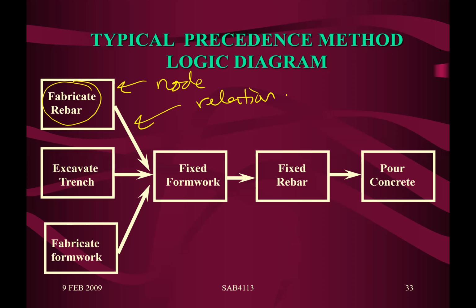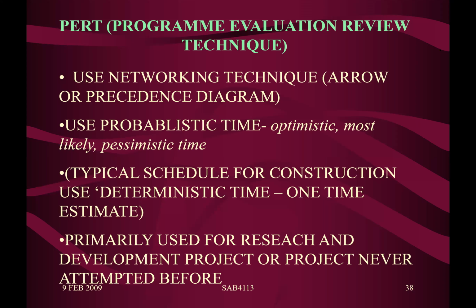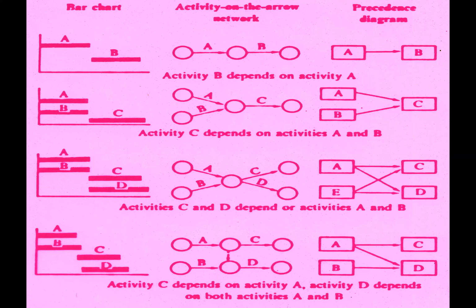Now this diagram. You notice that I have given you a few pages here. How many pages? 3 or 4 pages. 4 pages. Okay, let's go into a simple one. Let's take a look at this. 4 pages. One is the bar chart. One is the AOA diagram. And then another one is what we call the precedent diagram. We do not learn the precedent diagram yet, but just remember the precedent diagram comes from the AON diagram,